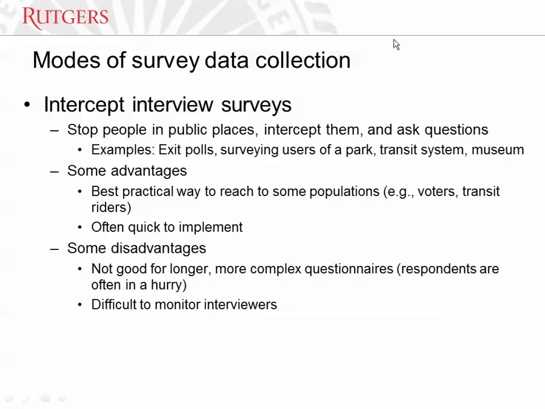In this video, we're going to talk about modes of survey data collection. Modes being the ways or modalities or technologies of collecting survey data. So whether you use the internet or a telephone or paper questionnaire. And I should point out that the modes of survey data collection are rapidly changing and very responsive to new